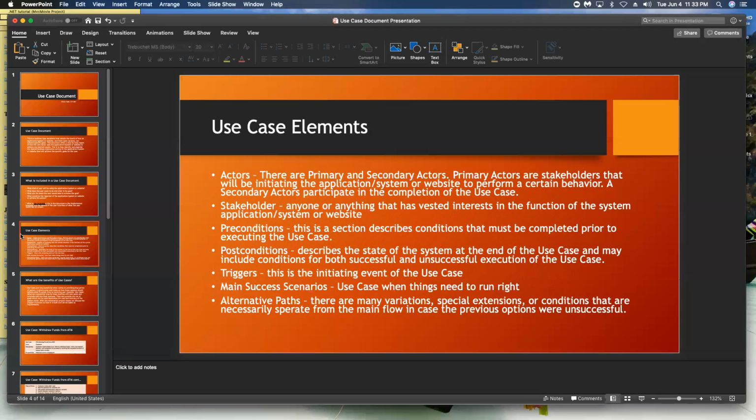Now, the elements of the use case are actors, stakeholders, preconditions, postconditions, triggers, main success scenarios, and alternative paths. Now, there are two kinds of actors. There are primary actors and secondary actors. Primary actors are stakeholders that will be initiating the system to perform a certain behavior, and secondary actors participate in the completion of the use case. Now, stakeholders are anyone or anything that has vested interest in the function of the system,